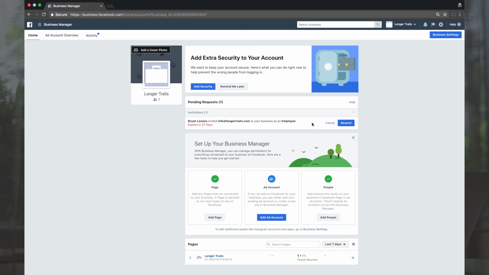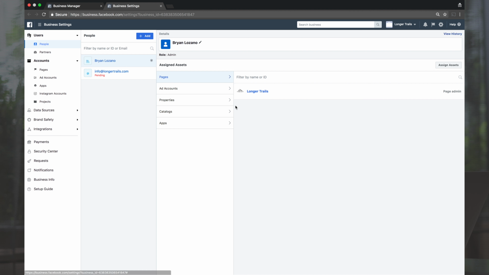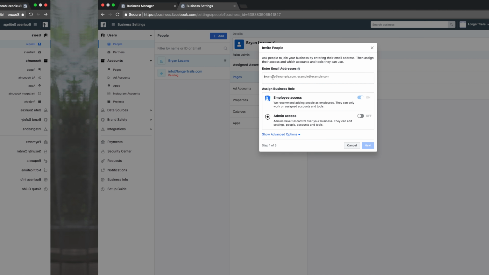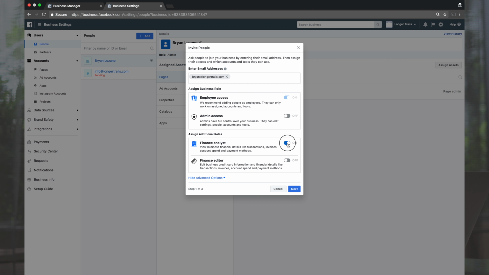Once you complete the setup, you can then move on to sharing the assets with the rest of your team. So here are the steps to do so. Step 1, go to the business settings of your business profile. Step 2, under People and Assets, click on People. Step 3, click the plus sign. Step 4, enter the work email of the people that you'd like to share the Facebook assets with, and then